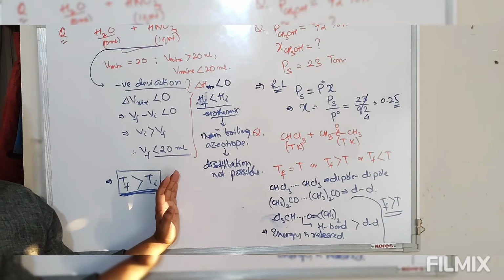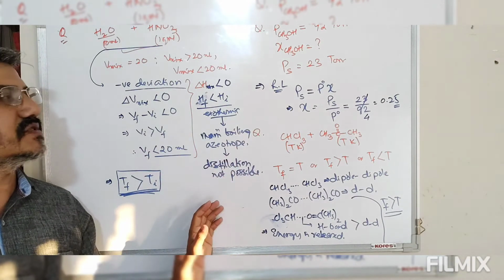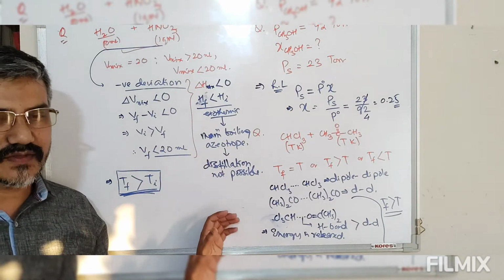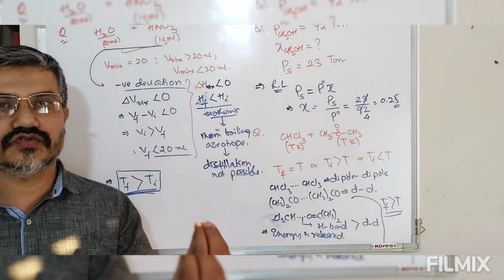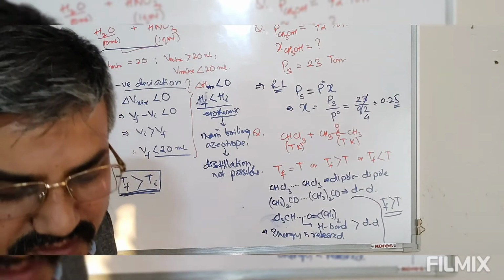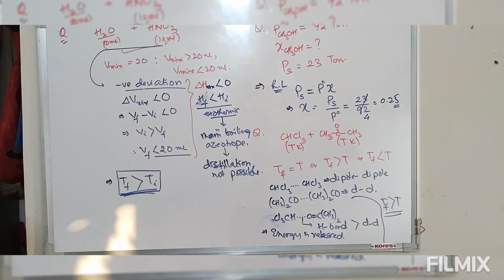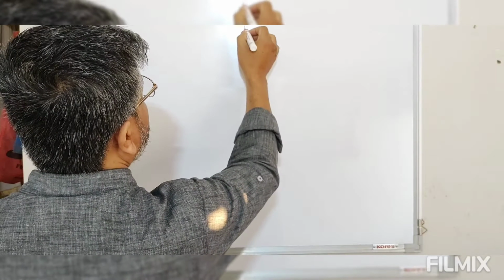So these are some of the questions related to morpheus and objective type. Now I'll take up some subjective questions. How to solve subjective type questions by use of this. Subjective questions. Write down this question.